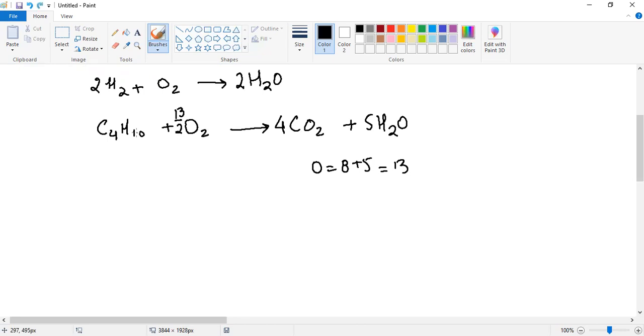Also, instead of placing 13 by 2, we can place 6.5 here as well. That too, like we know that 13 by 2 equals 6.5. So 6.5 can be placed over here as well. Or what we can do is that instead of writing 6.5 or 13 by 2,